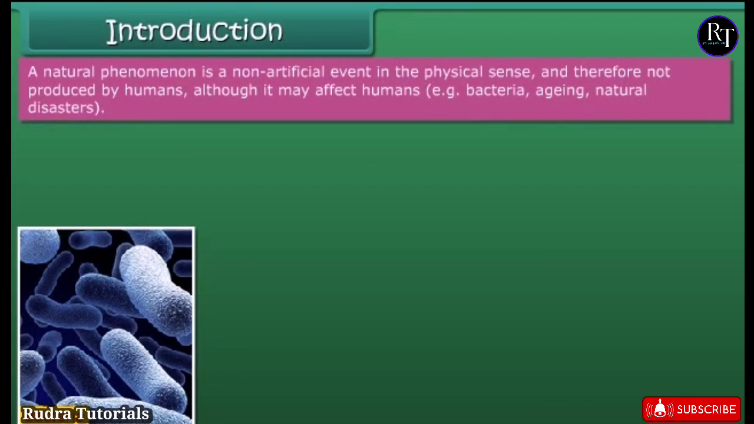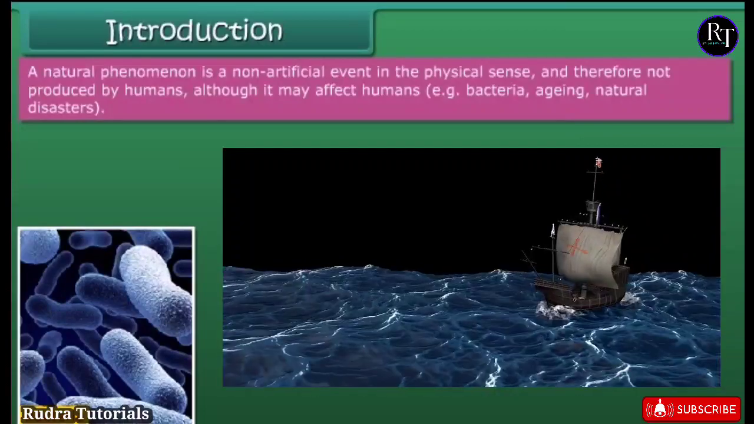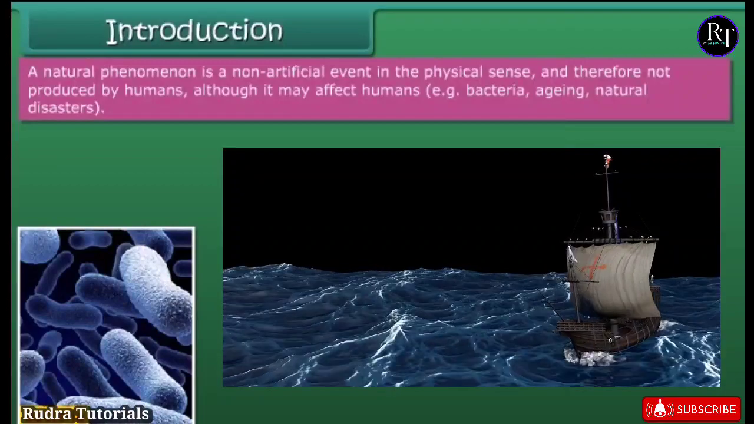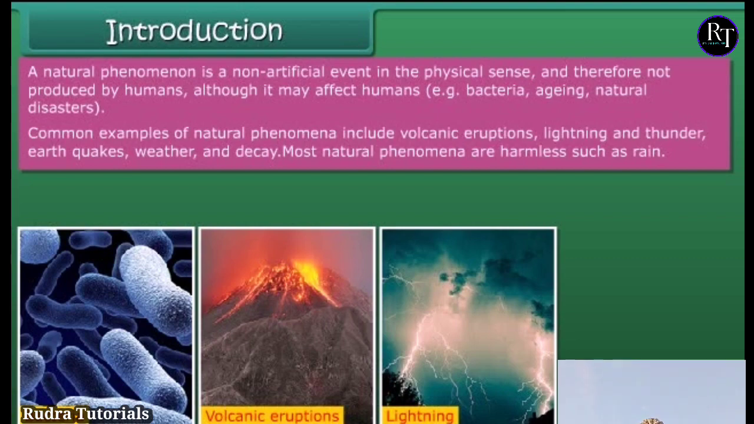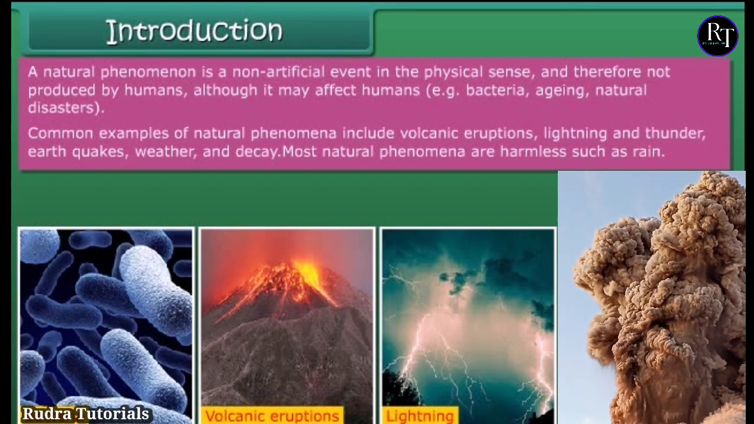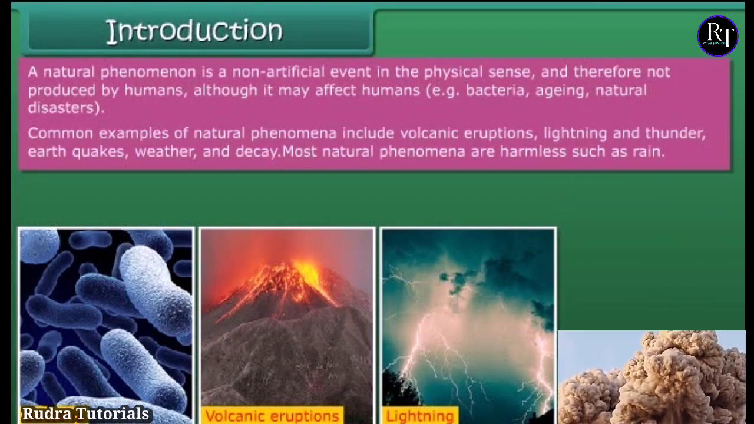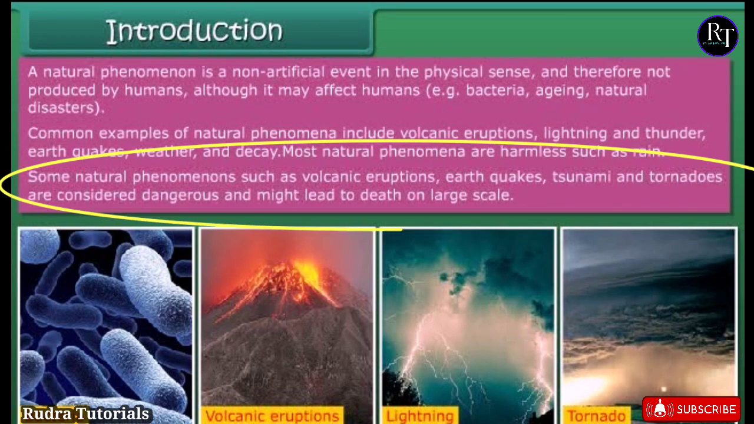A natural phenomenon is a non-artificial event in the physical sense and therefore not produced by humans, although it may affect humans, that is, bacteria, aging, natural disasters. Common examples of natural phenomena include volcanic eruptions, lightning and thunder, earthquakes, weather and decay. Most natural phenomena are harmless, such as rain. Some natural phenomena, such as volcanic eruptions, earthquakes, tsunami and tornadoes, are considered dangerous and might lead to death on